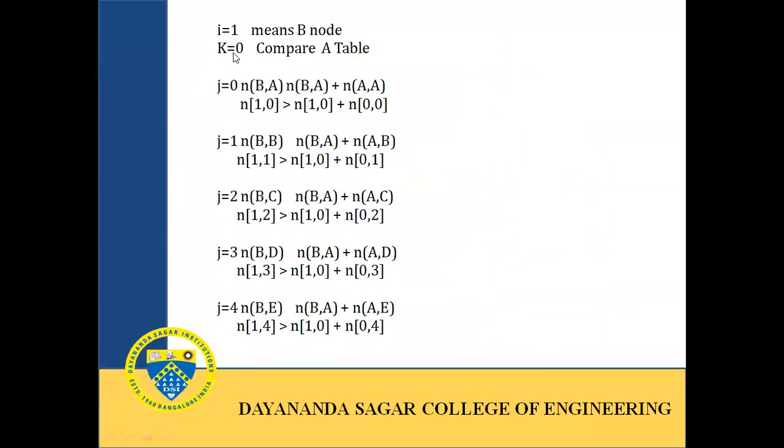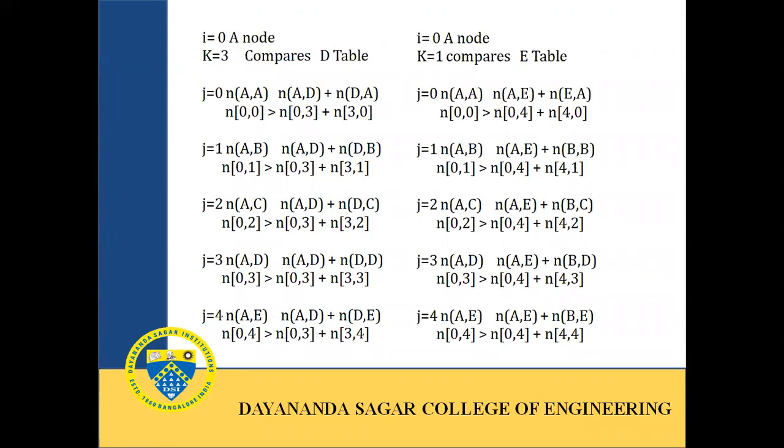Once all the K loop is done, I becomes 1. Now again K becomes 0 and the K loop starts again, with K equal to 0 and J equal to 0 to 1. I is equal to 1 means the B node. Now the B node is going to compare all the other routing tables of the neighboring nodes. This is how your comparisons happen. This example shows you how the shortest path calculation is done. You can try out the further calculation and check how it happens. This is just an example to show how the shortest path is calculated.